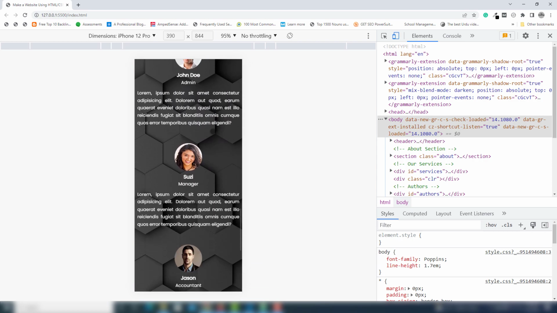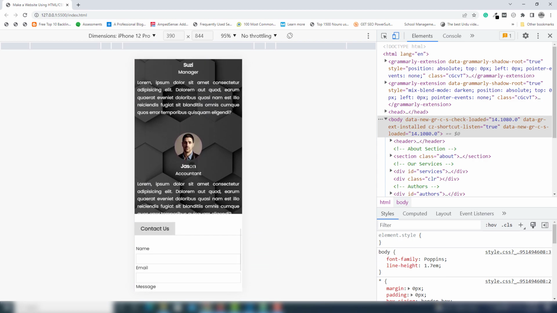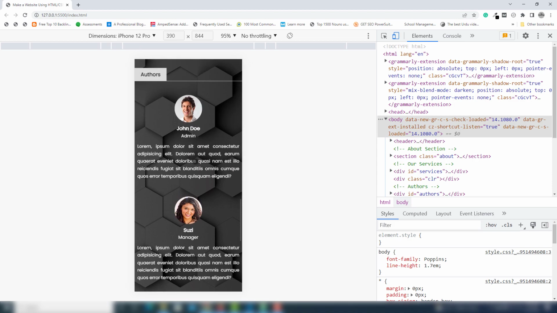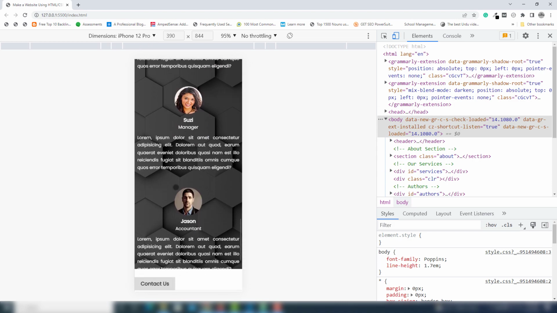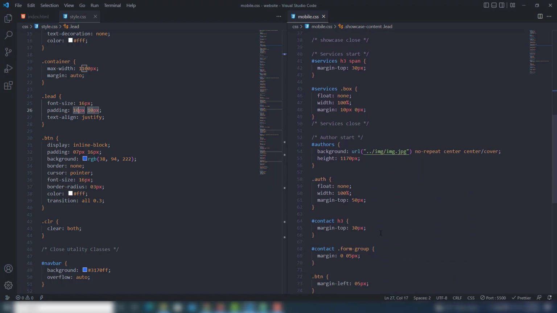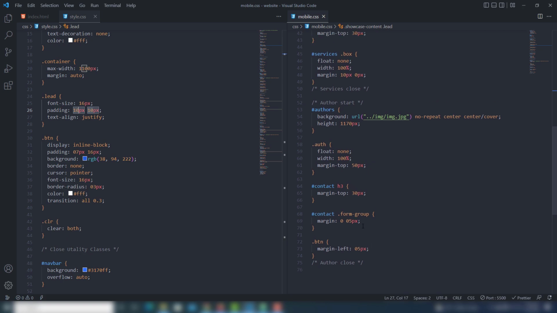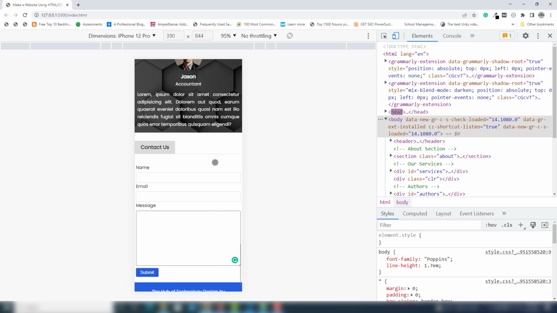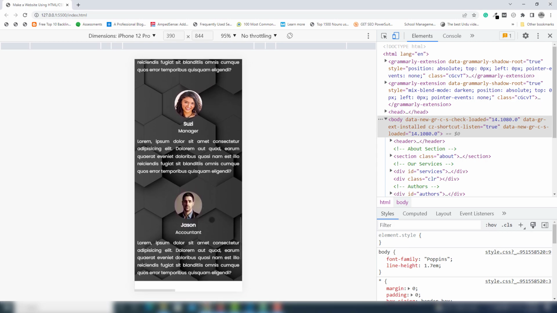So I think everything is perfect. No, inside this section on the 12 Pro Max, so I go to my code, and I change to 1200. So first I'm going to save that. Let's see. Perfect, right? As you can see,